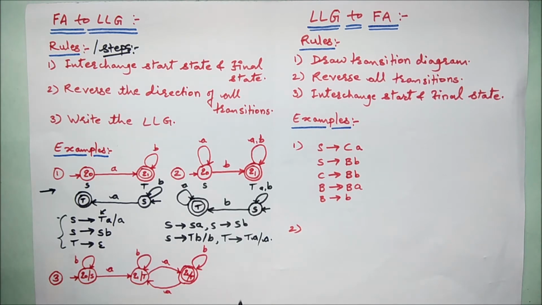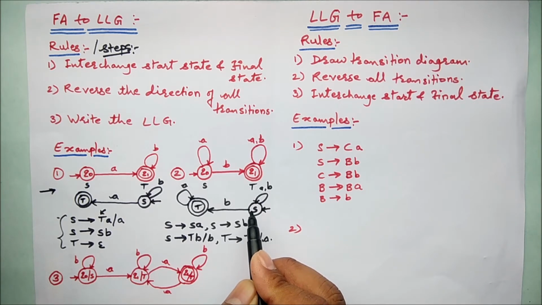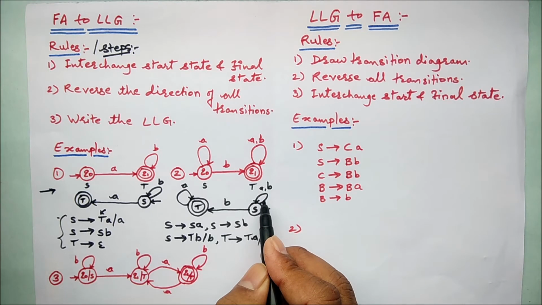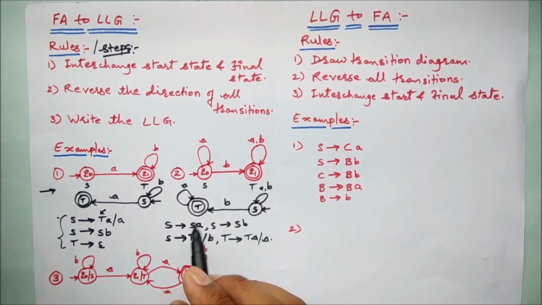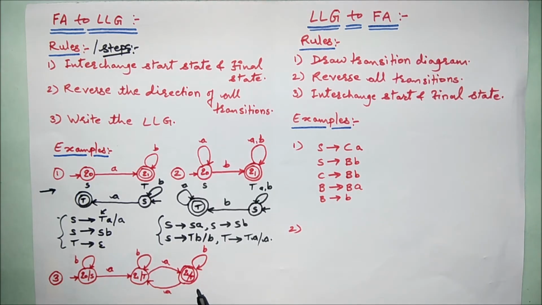Right, so let's check it out. One thing we have to keep in mind is that however many arrows, however many transitions you have, that many production rules should be generated. So let's see for A, B, 1, 2, 3, 4, and 1, 2, 3, 4. So 4 production rules are there. So this is my simple left linear grammar for a given finite automata. So let's increase the difficulty level a little bit, my dear friends, and move ahead.